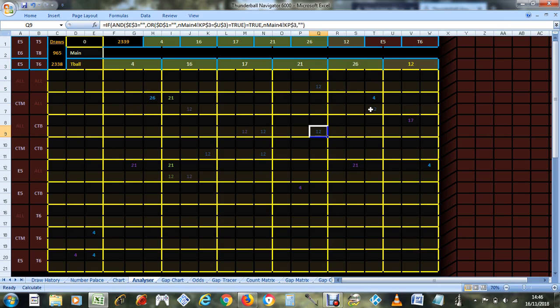they also pointed to Thunderball number 12, which was most overdue with 21, most overdue with 26 and the current trend machines, most overdue with 21 and the current trend sets of balls. So that pointed to Thunderball number 12, and then that points back to main number 4 with machine 5, and then Thunderball number 12 also pointed to number 17 with the current trend sets of balls 5, 6, 7 and 8. So then looking at the chart for number 17, that points back to Thunderball number 12,